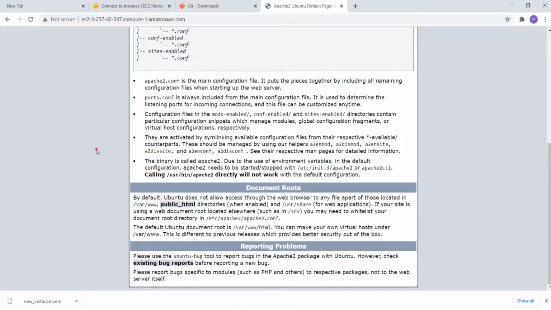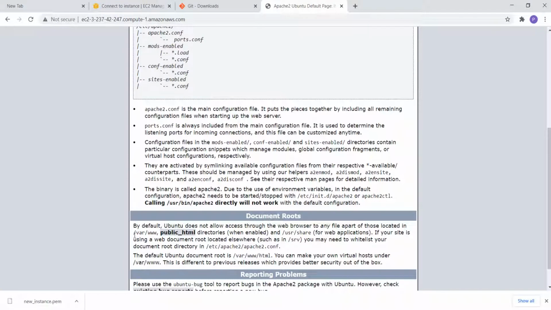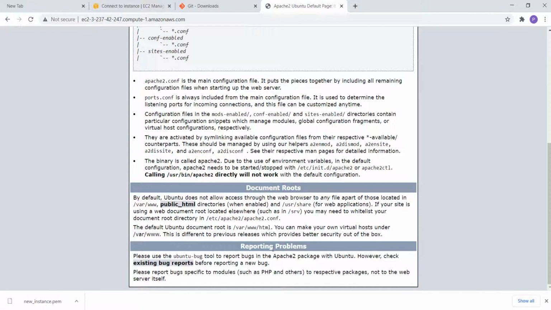Where this is situated, I will be showing you. If you see here, you can see the path also, that is /var/www under the public_html directories. You can also see where your configuration is for Apache, that is /etc/apache2/apache2.conf.